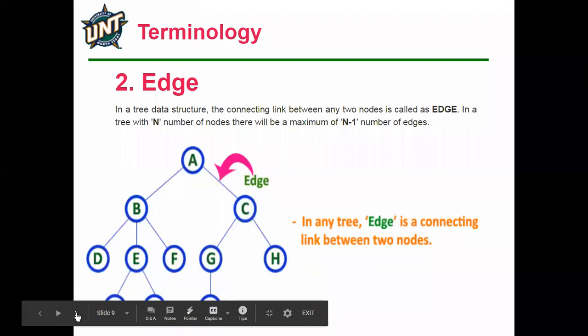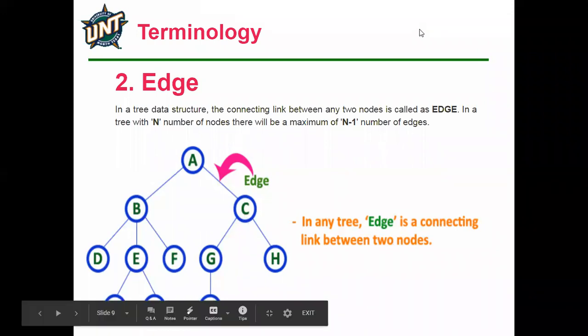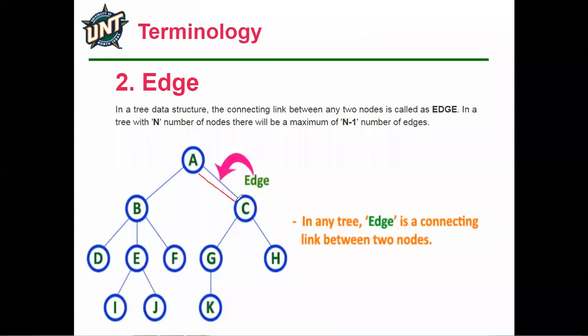Fine. So the next terminology is edge. What is meant by edge here? You can see this in discrete mathematics also. So what is a tree, what are the edges, why is it called an edge? In tree data structure, it is the connecting link between any two nodes. In the diagram of the tree data structure, the highlighted connection between these two nodes, or we can say the link between these two elements, is called an edge.